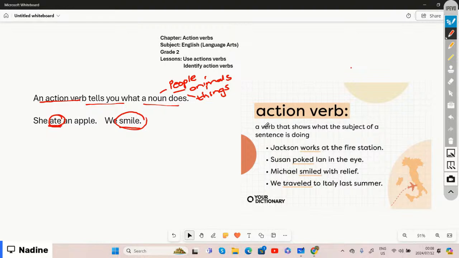All right. So also we can say an action verb shows what the subject of the sentence is doing, which means the noun. It shows us what the person, the animal, or the thing is doing within the sentence. And if we look at a few examples of the action verb that shows us what the subject of the sentence is doing,